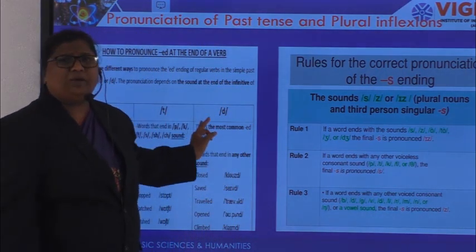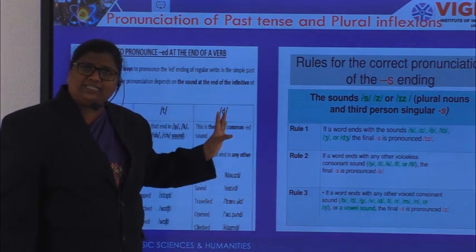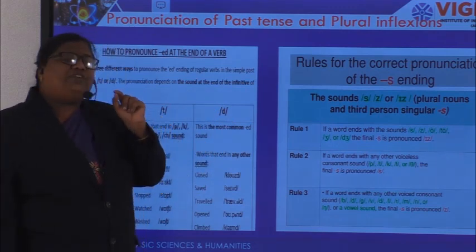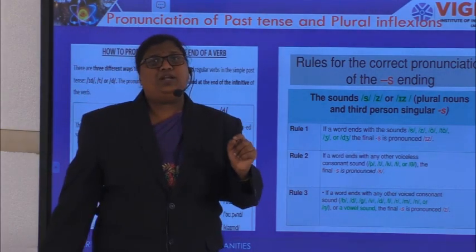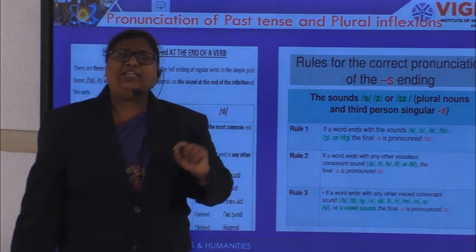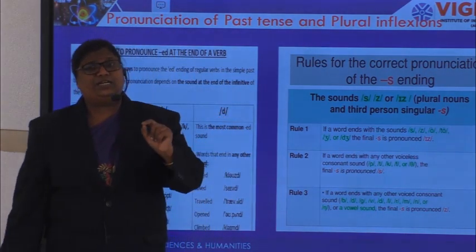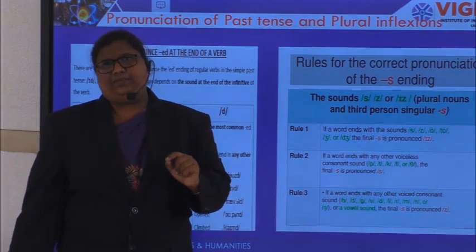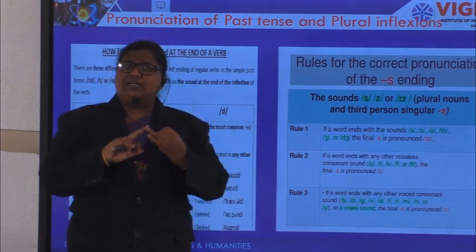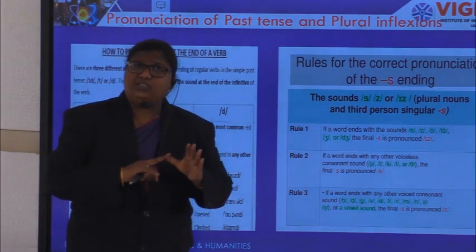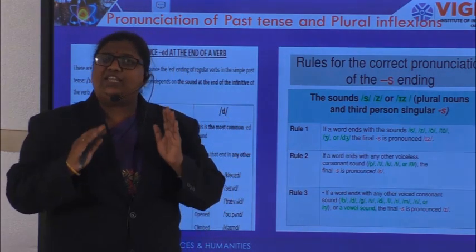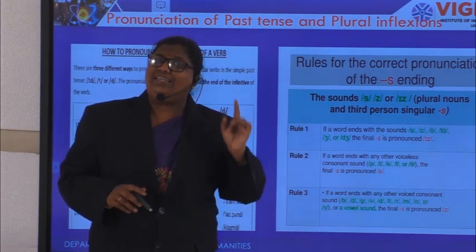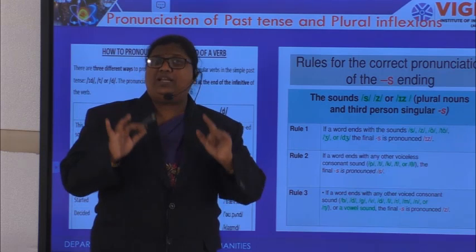I hope it's very easy to memorize. You should only remember 8 sounds. Out of the 8 sounds, 2 sounds are t and d. If any verb ends with t and d, you need to pronounce the ed as id. And then p, k, f, s, sh, ch. These 6 sounds: if any regular verb ends with any of these 6 sounds, then you need to add ed, and that ed has to be pronounced as t.